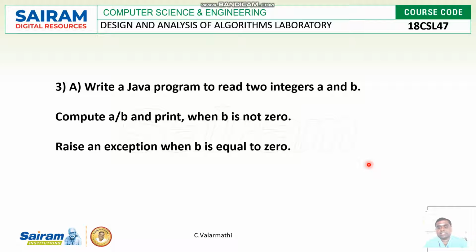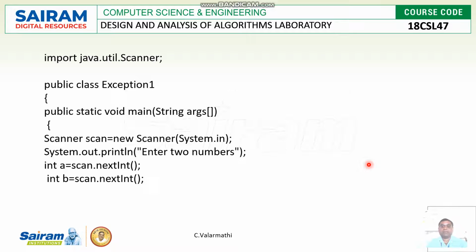Both are non-zero values. So if I execute those values in this program, I will get the quotient as the result, that is 2. Instead of that, if I give the input values as 4, 0, here the B value is 0. So if the B value is 0, then it will cause an error. Regarding this, already so many programs have been discussed. So now I am going to explain about it.